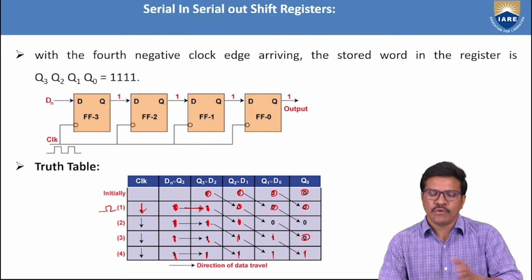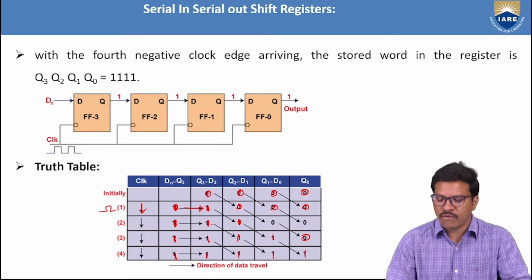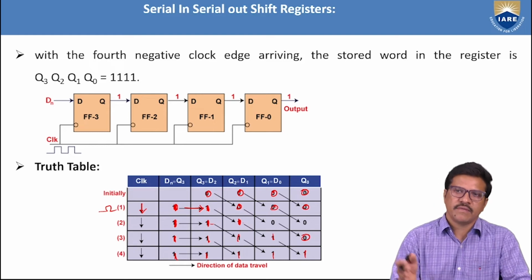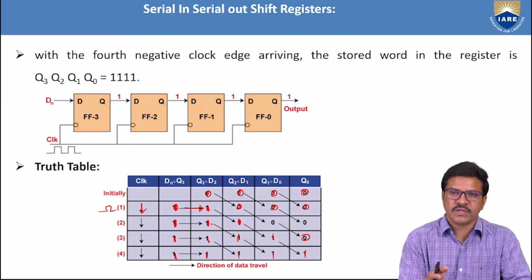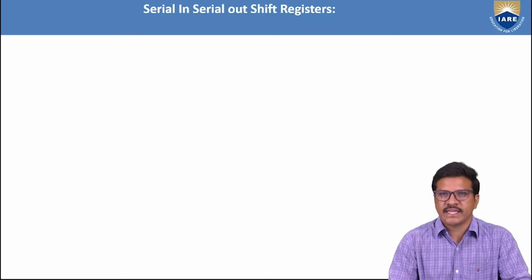Similarly, if you shift left, the same thing happens. Whatever we have given at the first flip-flop, FF0, its input is connected, and the output of FF0 is given to flip-flop 1. The output of flip-flop 1 is fed to flip-flop 2, likewise. Next, the serial in, serial out shift register